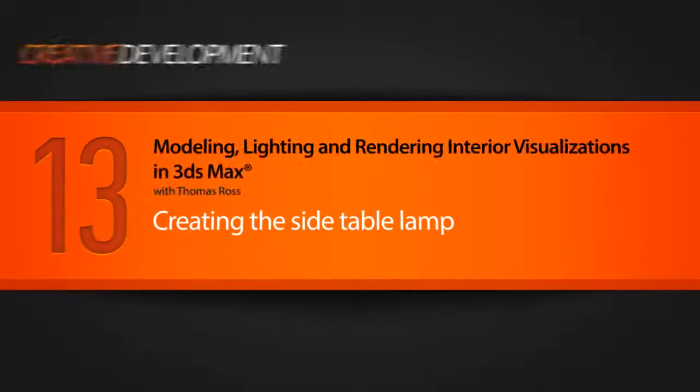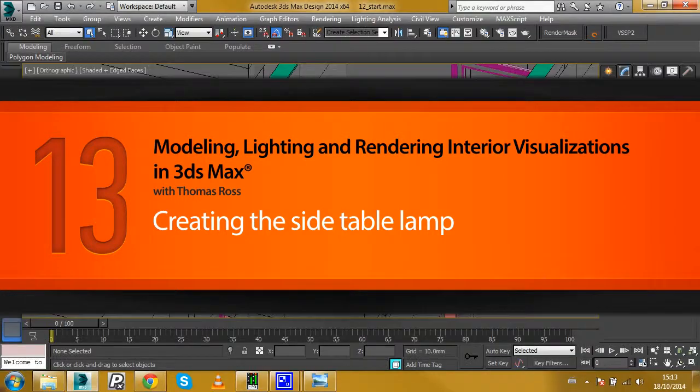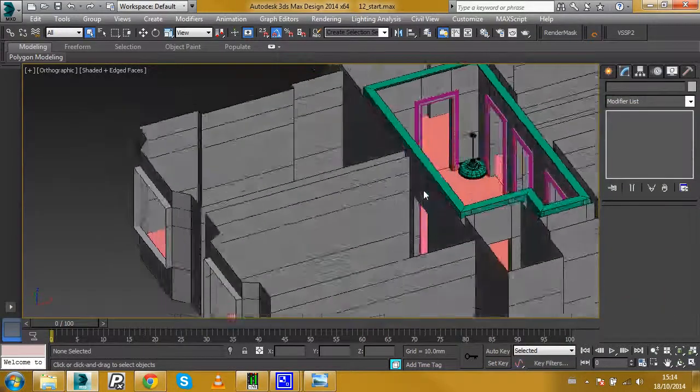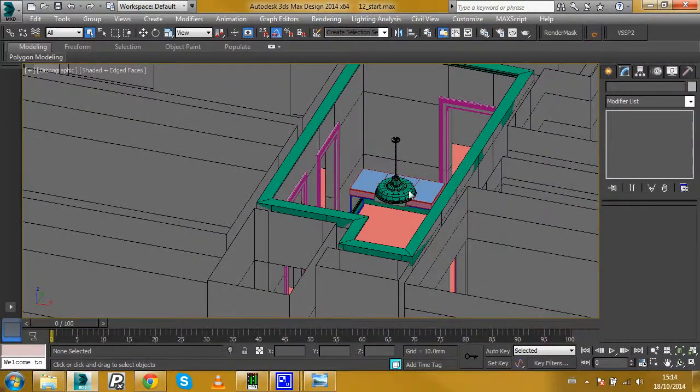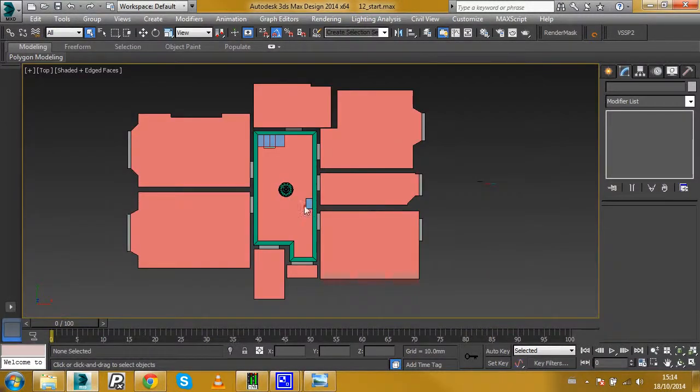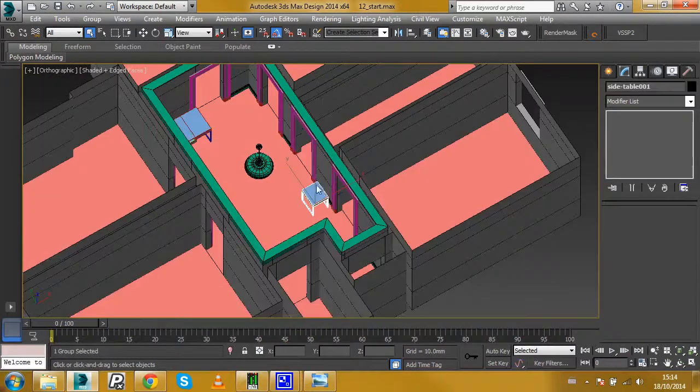In this lesson, we are going to create our side table lamp. As you can see from the last lesson, I have moved my pendant light to the centre of the hallway, and we can adjust how low it will hang depending on our cameras later on. So if we select our side table, and we'll just isolate this,